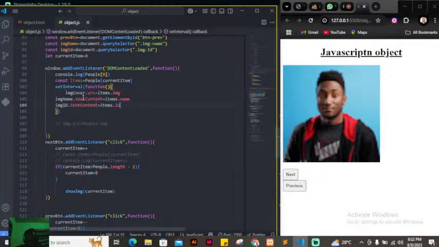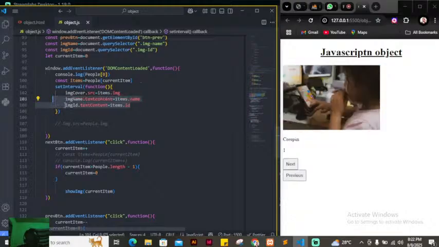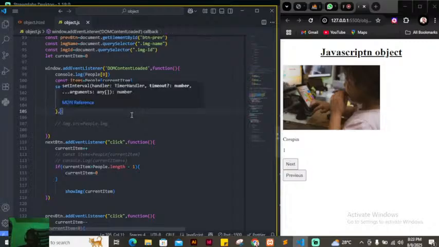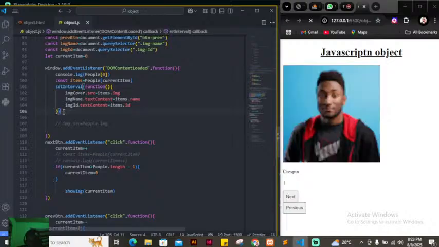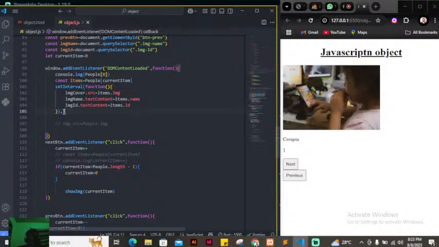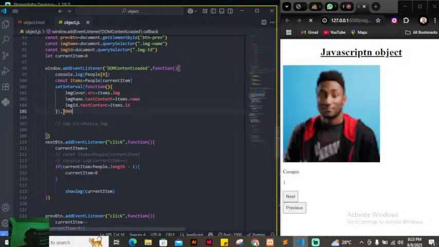I want this thing to change at a certain interval, then I can set my time in there. This is my setInterval, this is my callback function, closing of my callback function. Then I set it to be like 3000. If I save it,